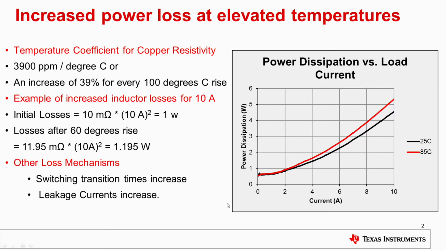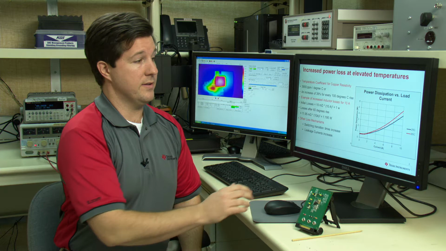Now, this is compounded by the fact that for DC-DC converters, at higher temperatures, their efficiency drops. So at higher temperatures, they have more power dissipation than they would have had at a lower temperature. So you have the temperature rise due to your thermal design, and then the efficiency goes down on your DC-DC converter, which will cause the temperature to rise even more. So you need to be careful that you don't allow the thermal design to get too hot, and you'll actually get a hotter design than you expected with the decrease in efficiency.